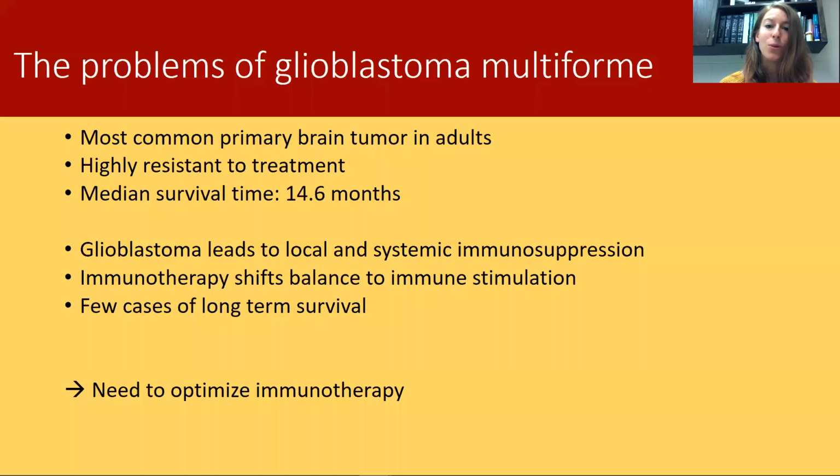And so theoretically, using techniques in immunotherapy should shift the balance to immune stimulation and allow for the host immune system to help fight against the tumor. But in reality, there's yet to be a phase 3 clinical trial which has improved the survival time in patients with glioblastoma over conventional therapy. And this indicates a need to optimize immunotherapy to provide for an extended survival time in a large proportion of